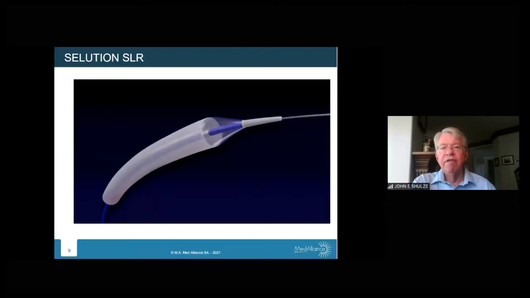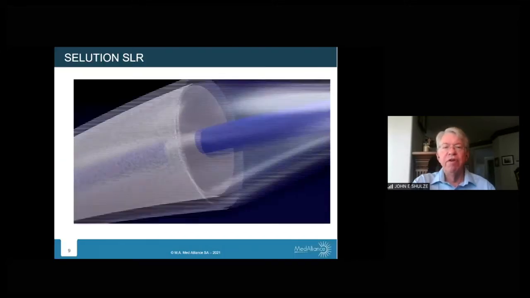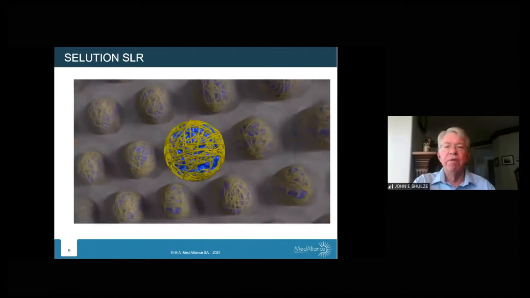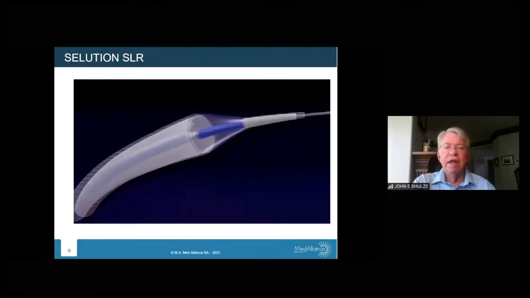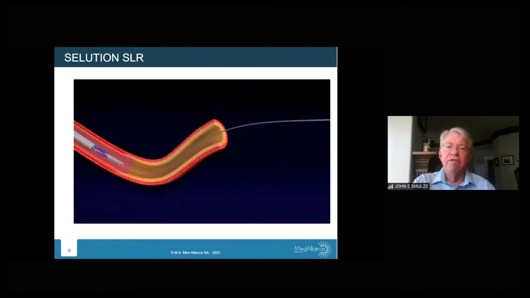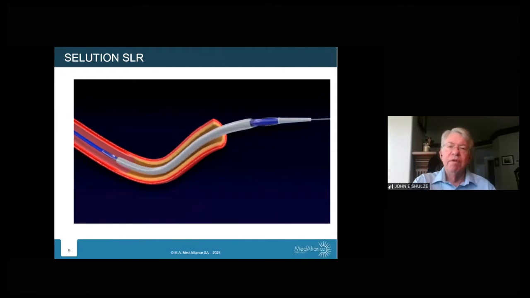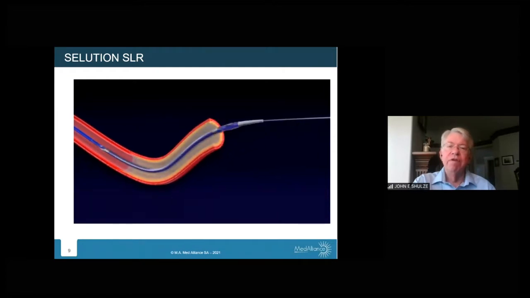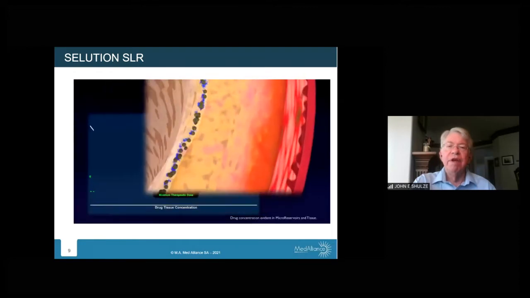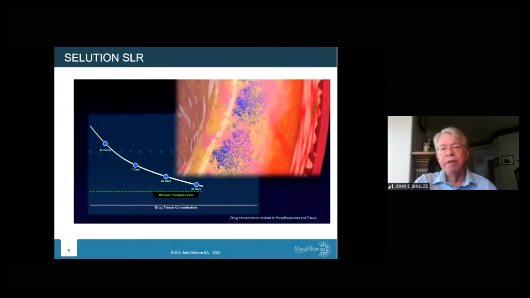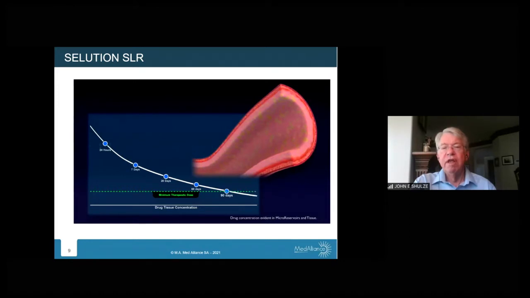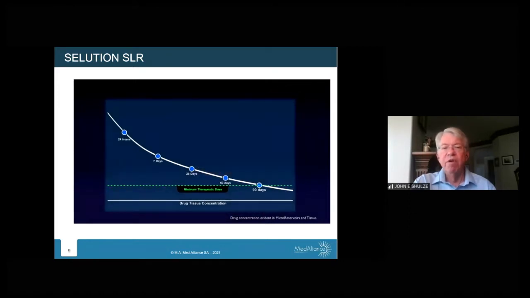And then this is just a movie showing you the animation of how the combined system works with the microreservoirs, the biodegradable polymer and drug, combined with the cat coating, which enhances the delivery. As we expand the balloon, the cat coating carries the microreservoirs to the vessel wall, where they're able to be embedded and released over a period of up to 90 days. This is basically different than you find with other drug-coated balloons that are using relatively less sophisticated coatings that are basically burst release application of the